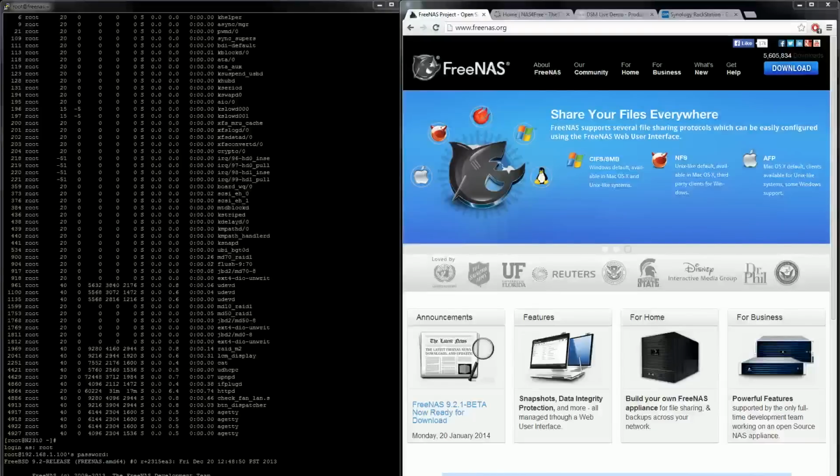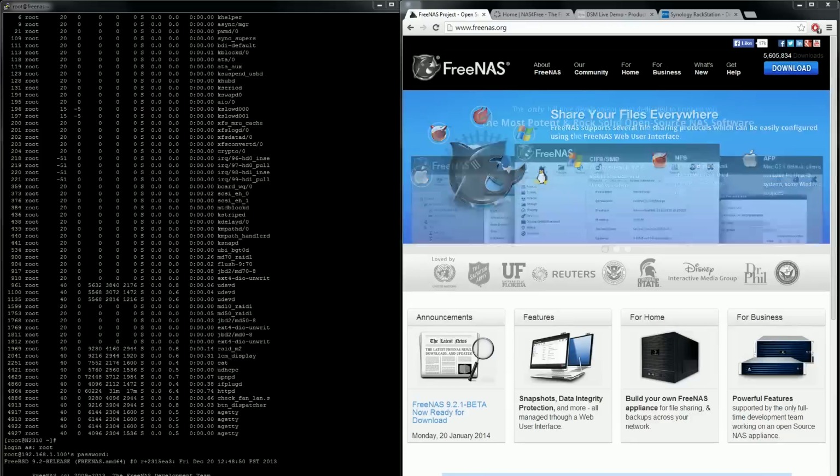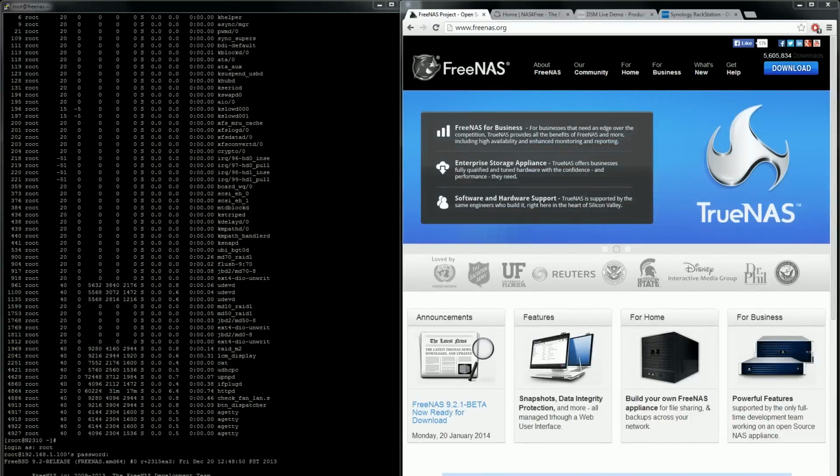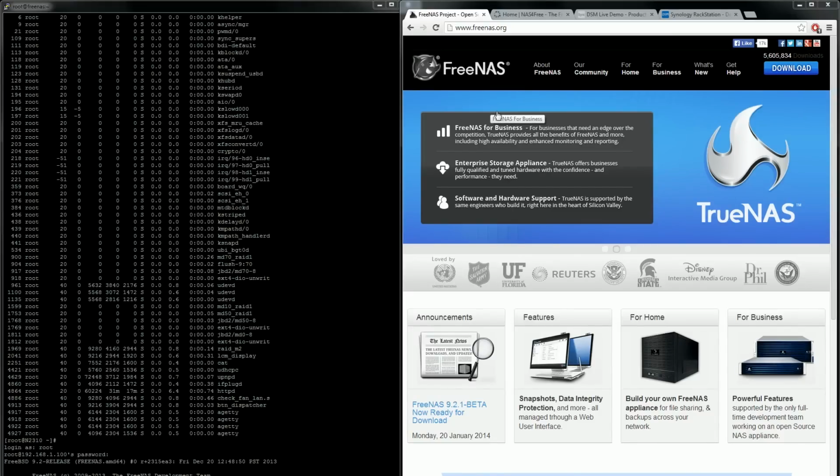Hey guys, Wendell here. It's time for the next installment of our home network server, network attached storage series thing, whatever you want to call it. And we promised that we were going to take a look at FreeNAS, so we're going to take a look at FreeNAS. Now, FreeNAS needs a little bit more horsepower computationally to run than most other network attached storage things,